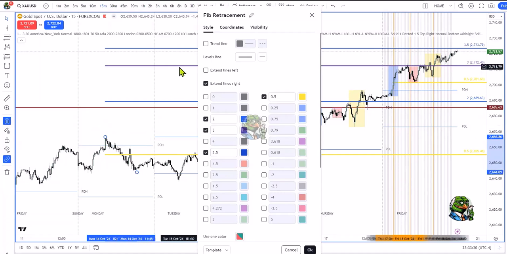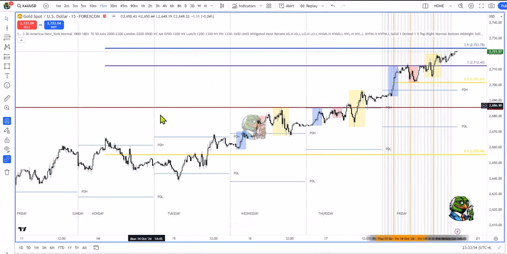projects up, okay, by 200%, 300%, and 350%. And I've got other settings, 450%. You can also use 400%. Okay, the numbers really aren't that important. It's when you have alignment with other PD arrays. Okay, but in this case, we don't have any PD arrays above. Okay, I'm going to turn off 2 and just keep 3 and 3.5 on for this example. We don't have PD arrays above.